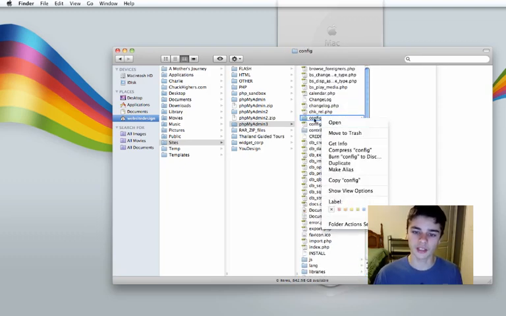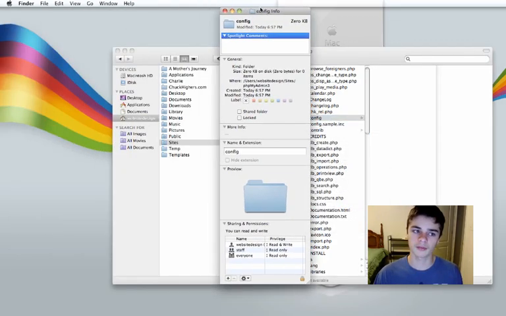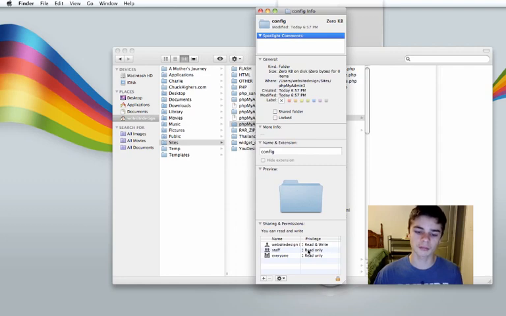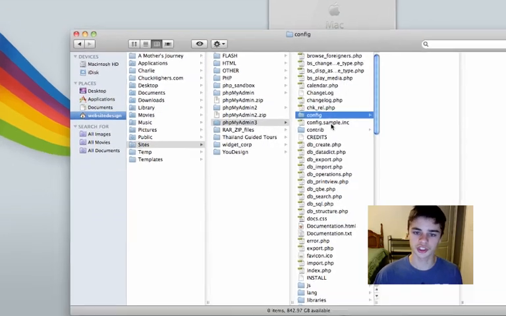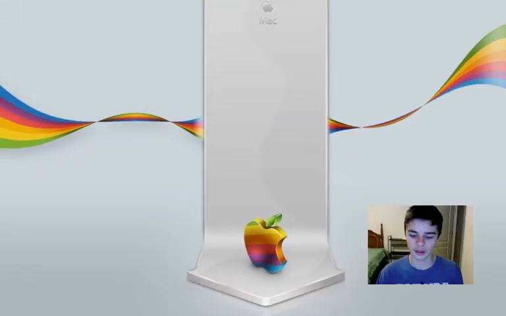And we need to set the rights for this. In Mac, you just hit Command I, and it'll bring up the folder properties and permissions. And at the bottom, you're going to set read and write for everyone and for staff. For Windows users, you're just going to right-click on it and do sharing and security or something along the lines of that, and set the permissions equal for everyone to be able to read and write to that folder. Once you've done that, go ahead and open up a browser